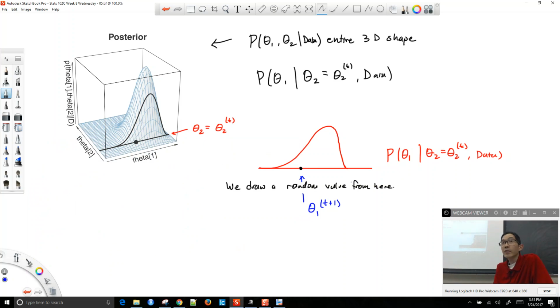We don't have to worry about whether this is better or worse than my current value, because this is the exact form of the posterior distribution for that value of theta 2. So we accept whatever value we draw from here,